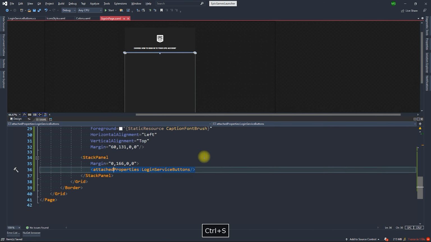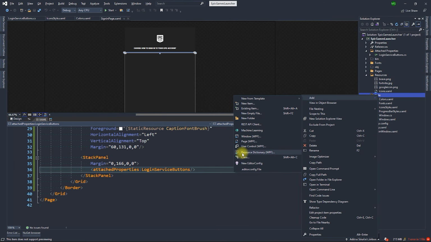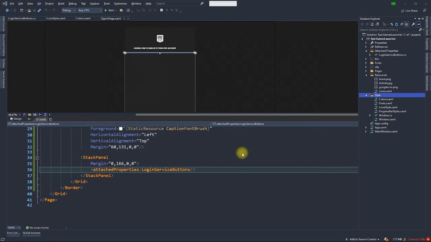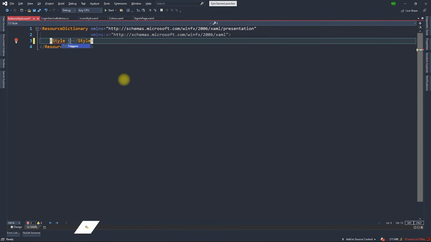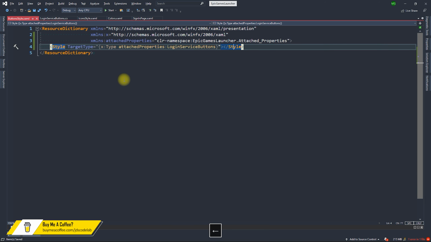Now time to style our login buttons. So add a dictionary named button style and add a style of type login service button. Now set the regular properties for the login button.